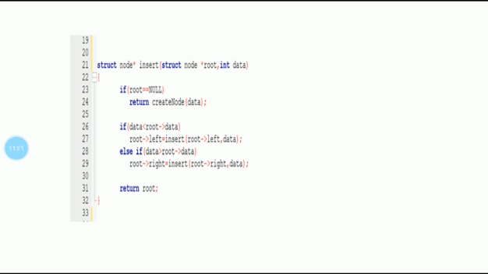Otherwise, else if the element we are trying to insert is greater than the root node, then that element is going to be placed in the right part of the binary search tree, like this. So repetitive insertions will take place in the binary search tree.